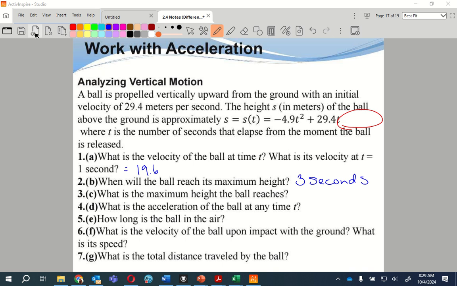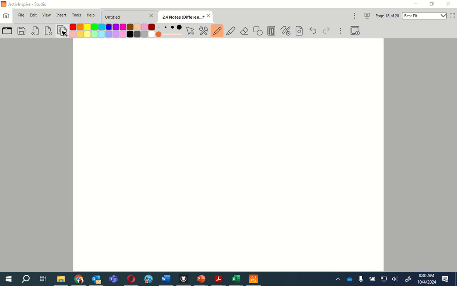It has nothing to do with the slope, which is my derivatives. It's not motion, it's just asking for the height. So that's my position. So I know that it happens when? At 3 seconds. So I'm going to plug in 3 seconds for that. So we had S of 3 is,